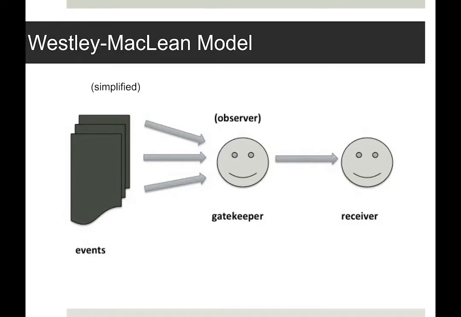How does this change our understanding of communication? How can we understand this different type of communication? Westley and MacLean started this model, and it's oversimplified here, but let me make sure you understand these steps before we look at a fuller model. The events happen. All kinds of things happen during your day. Let's say you go to the bar last night. What happened? Well, what are you going to pass on to your friends? So you were the observer of everything that happened.